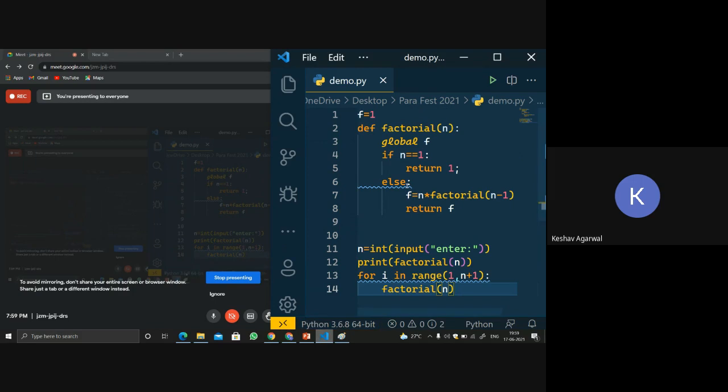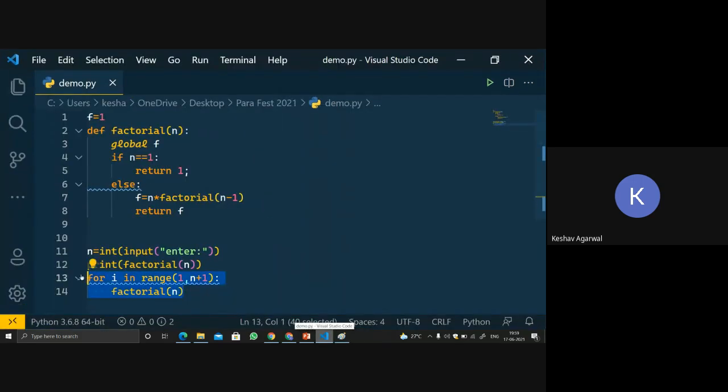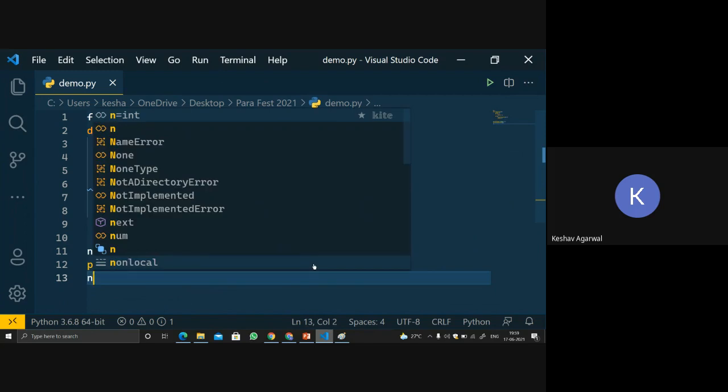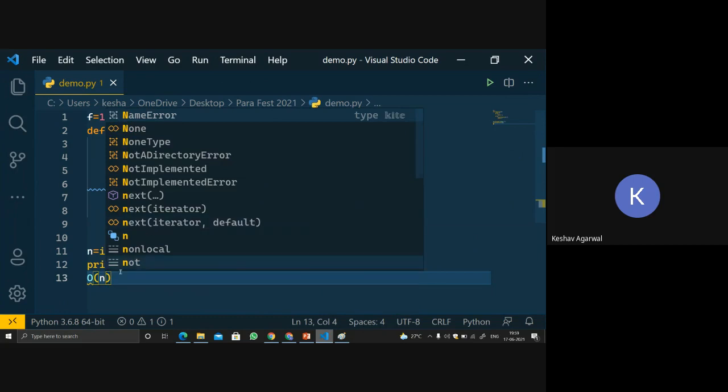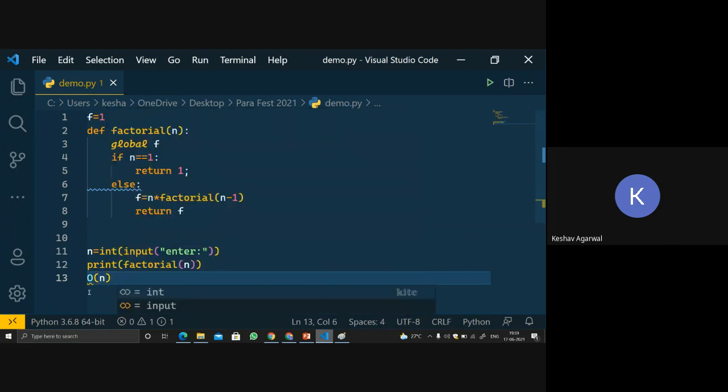I don't think you know about time complexity, but if you do, let me tell you: whenever a loop is executed, it runs a total of n times, so it's big O of n. That is both the best and the worst case, because when you execute a loop for n plus one times, it will always take n units of time.